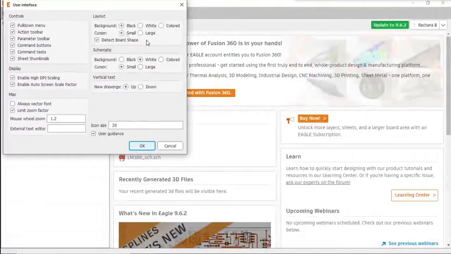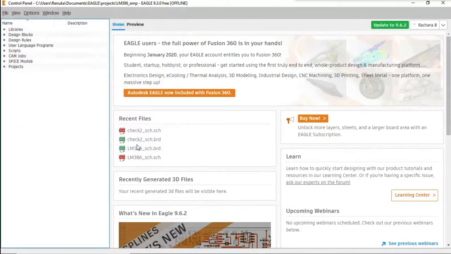If you want, you can change it as per your requirements. And your schematic file has a white background and a small cursor. These are the defaults; you can change them or leave them as they are.